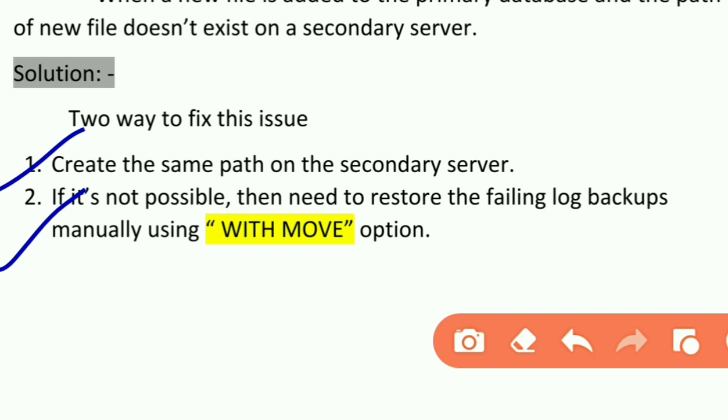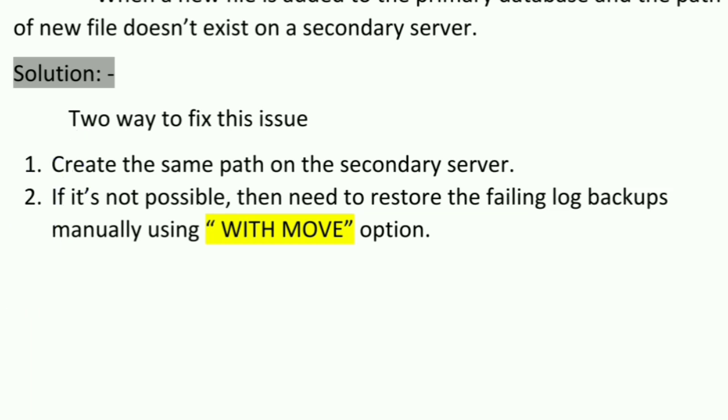I would suggest using the same location and same path on primary and secondary. In some cases it's not possible, no problem. Restore it manually with the move option, and it will fix the issue.